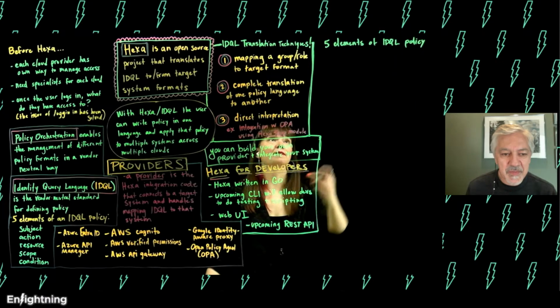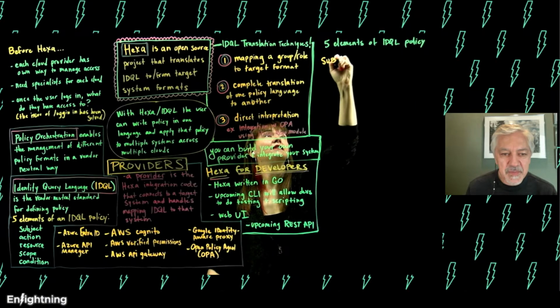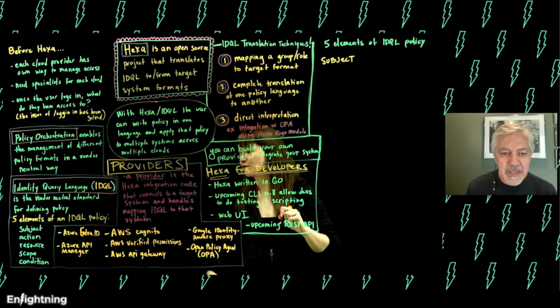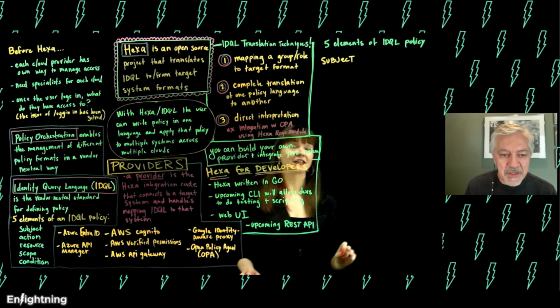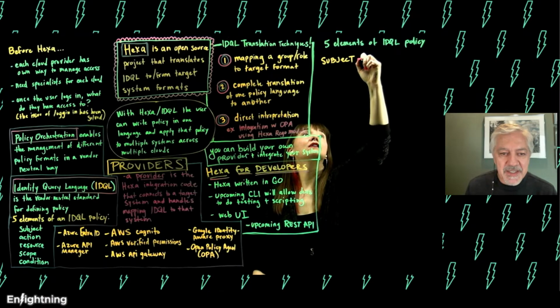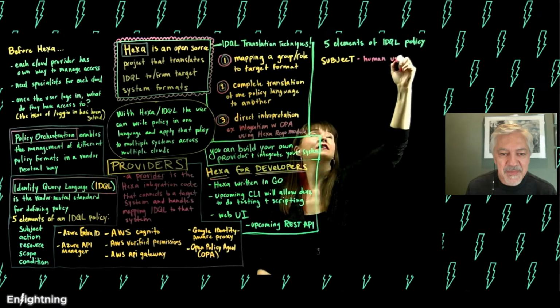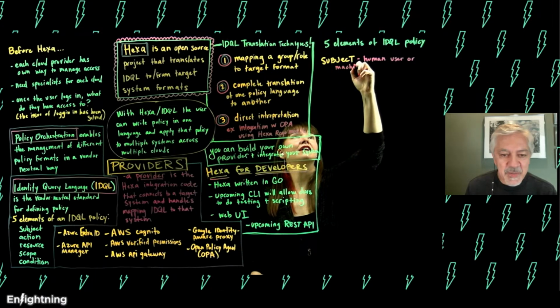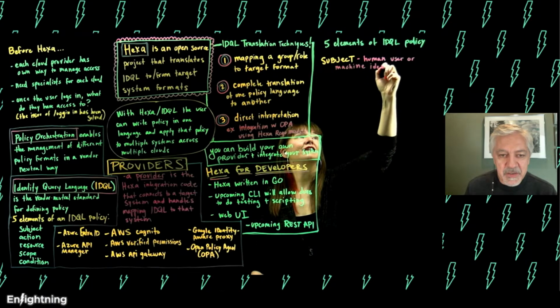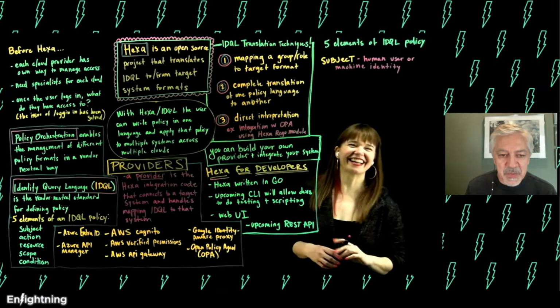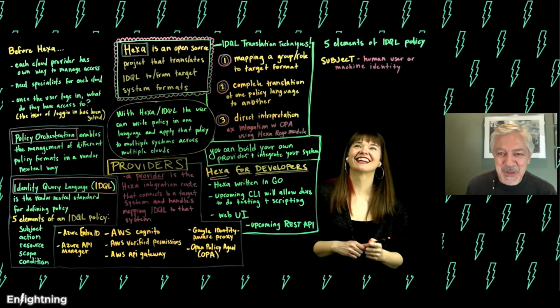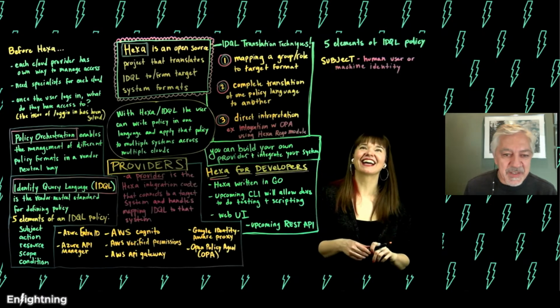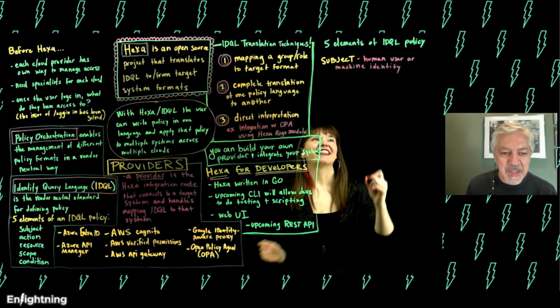Okay, so subject. What's a subject, please? So typically it's a human user or some kind of machine identity. In identity, we always talk about the Alice and Bob scenarios. I don't know if you're familiar. Alice can do this, Bob's trying to do that. Those represent the human user. And then of course, you have a workload or machine identity that could be the subject. Excellent.